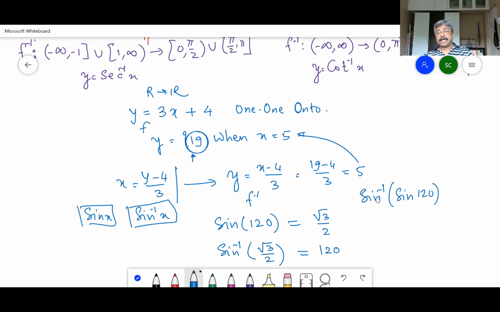That is what I am trying to operate. If inverse theory is correct, then I should get back to 120, because I am doing something and undoing something. So I should be able to go back here. If f is this and f inverse is this, then f inverse followed by f is the original function. So here I am doing exactly the same thing. What will be the answer of this? Will the answer be 120 or will the answer be 60?